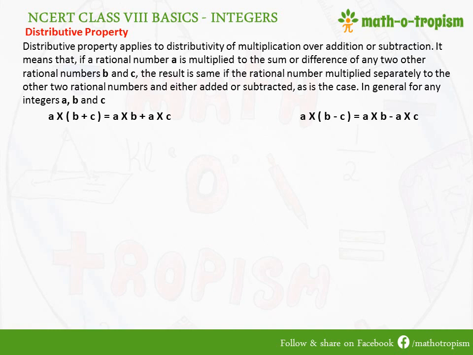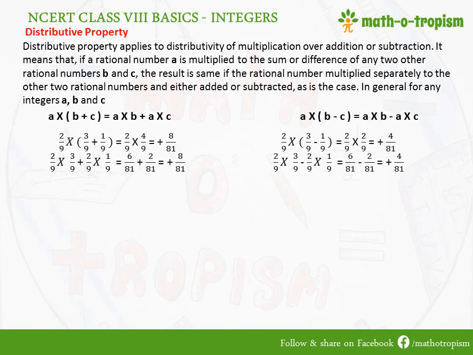This is useful where we have sums given with two different products being added or subtracted with the same common rational number in both. So in that case, it is easier if we add or subtract the numbers first which are not common and then multiply with the common number. For example, 2 by 9 into (3 by 9 plus 1 by 9) is equal to 2 by 9 into 4 by 9, which is 8 by 81, and if we had added it separately also the same number would have come. Only thing here is we would have multiplied twice, whereas here it is multiplied once alone. Hence distributive property is applicable for multiplication over addition or subtraction.